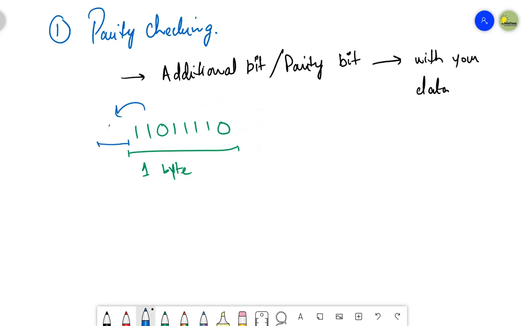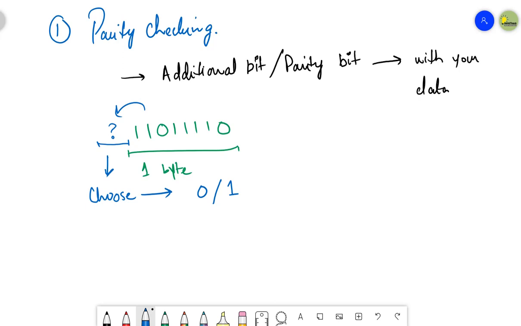So over here, this is only one bit known as the parity bit that you have to add in your data. But the parity bit must be chosen. You have to select either you set the parity bit 0 or 1. This selection depends upon the type of parity checking that you are using.